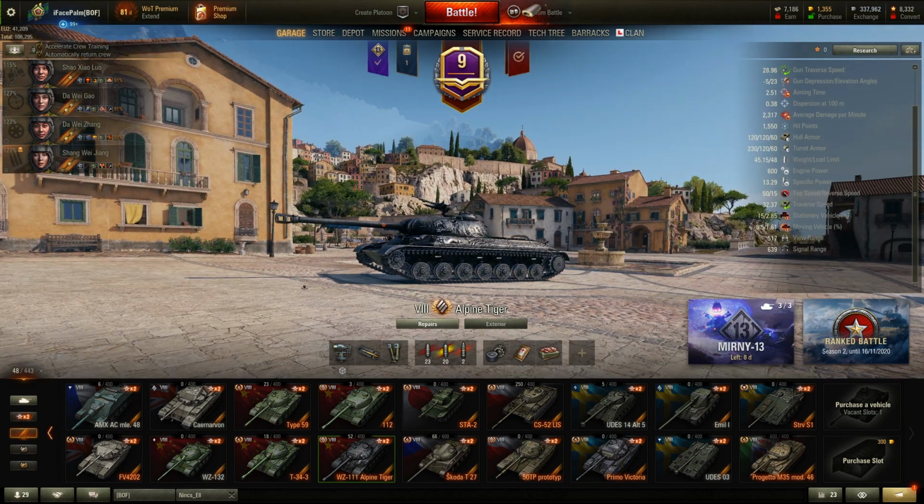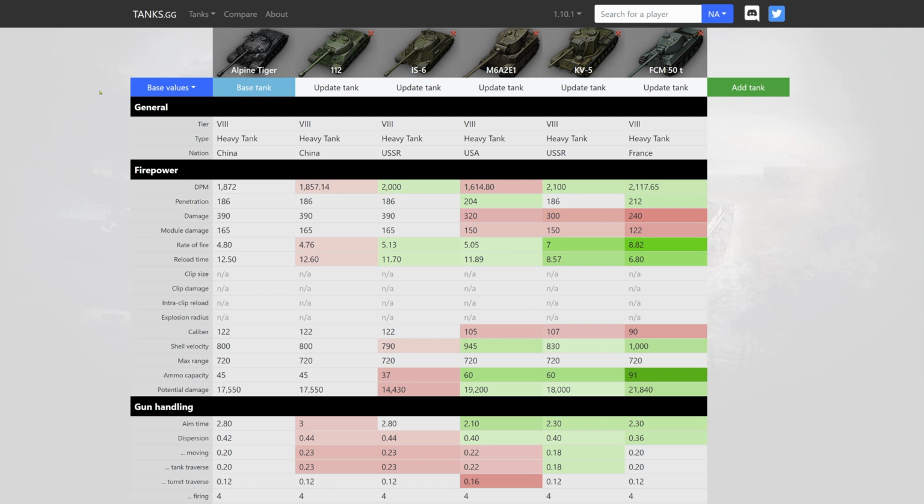Okay guys, let's continue with a stats comparison, and for this comparison we are comparing it against 5 other tier 8 preferential matchmaking heavy tanks, and those are the other Chinese 112, the Soviet IS-6, the American M6A2E1, the Soviet KV-5 and the French FCM50T. But do notice that the FCM50T is really more like a medium